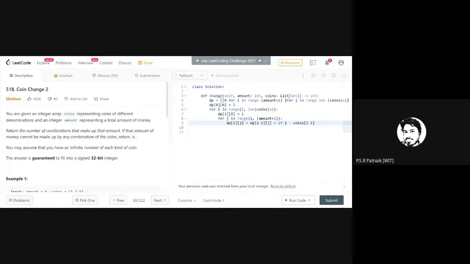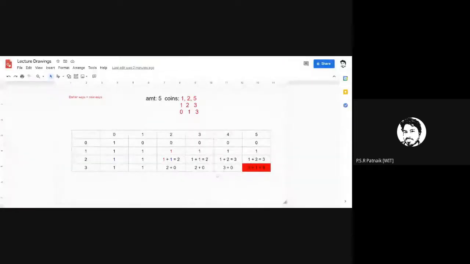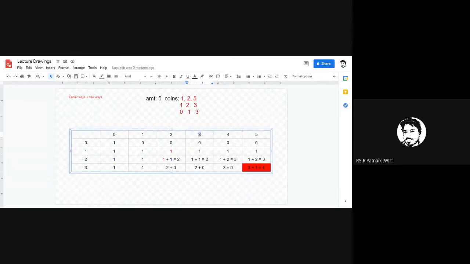What is the condition I was checking there? In the table here, look at this table. What I'm checking here is that the currency value should be less than the amount. So the amount should never be less than the currency value. That's the condition I was checking, right?